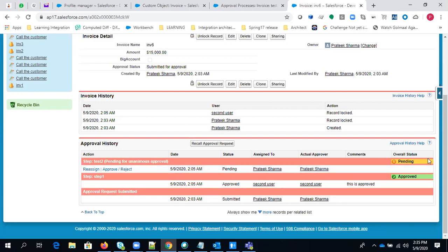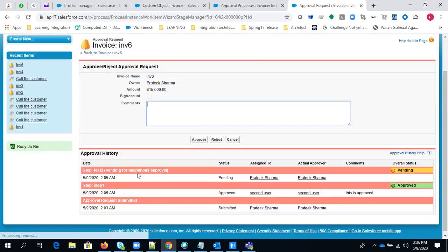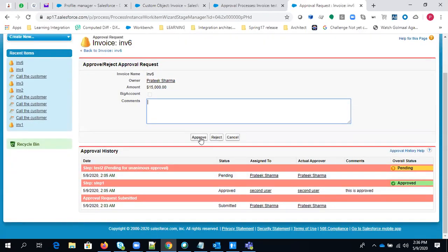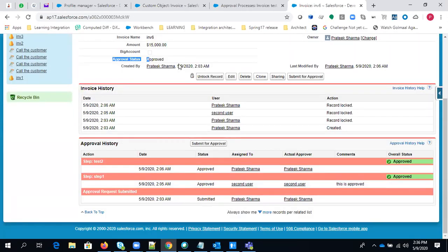So you can see here this is now pending, and the approval status has not yet changed because this particular record is not yet approved. We have selected unanimous, so every user should have selected approved, and only then will it go through. So I'm just approving it from here, and making it approved. We have just approved this, and that is why the status is now approved.